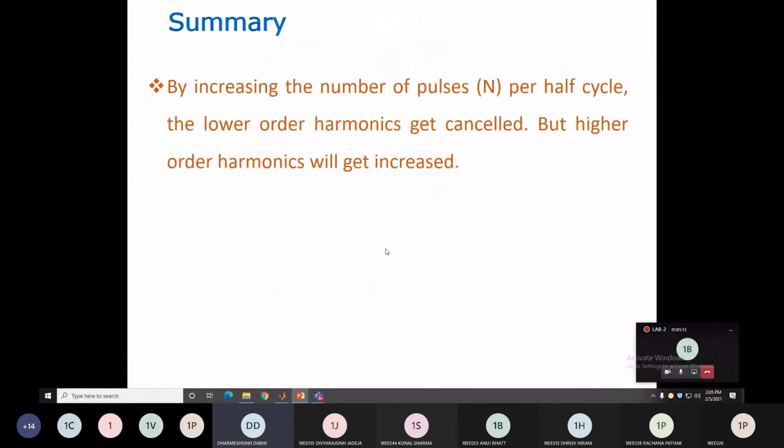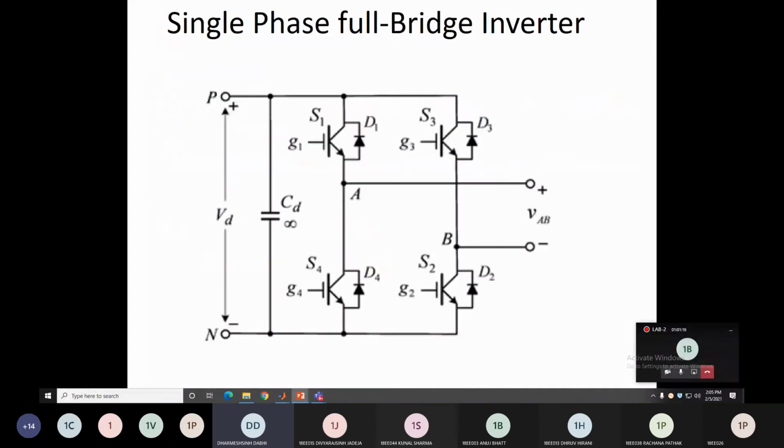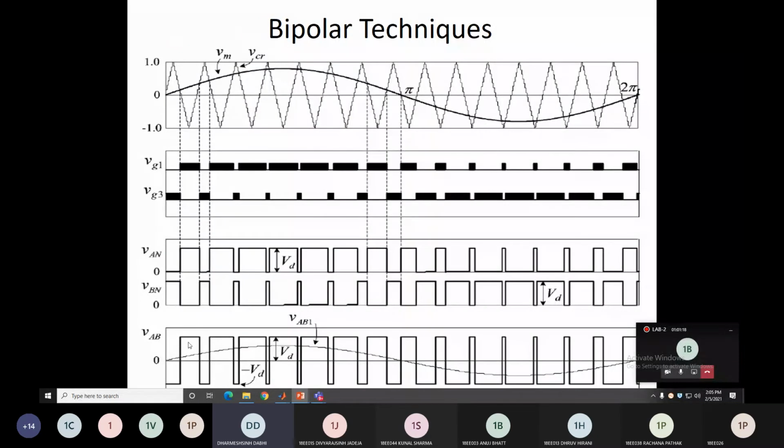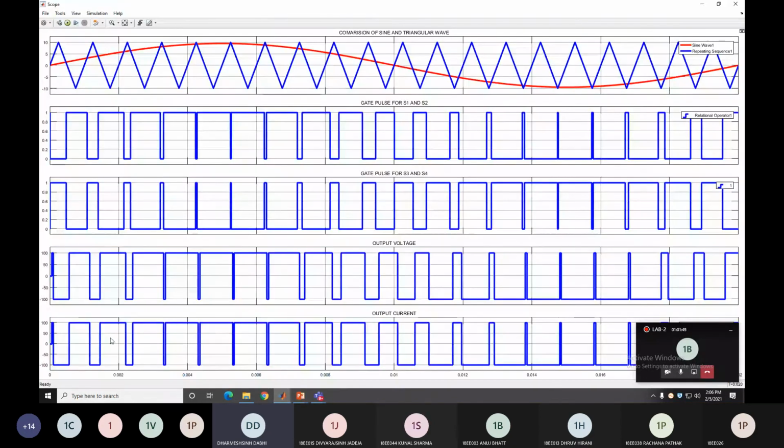But in case of the sinusoidal pulse modulation technique, you can see here the width of output voltage at different intervals is different. Initially, the width of output voltage is small, but as we move from 0 to 90 degree, the width of output voltage increases. It means the average of output voltage between 0 to 90 degree is increasing. And from 90 to 180, the width of output voltage decreases. That you can see in the situation also here in this case.